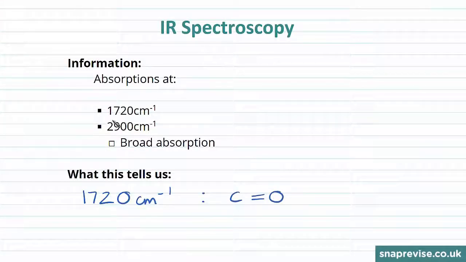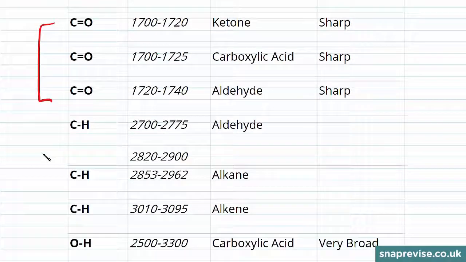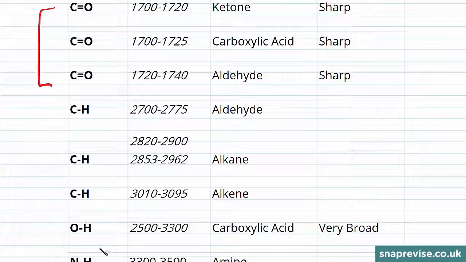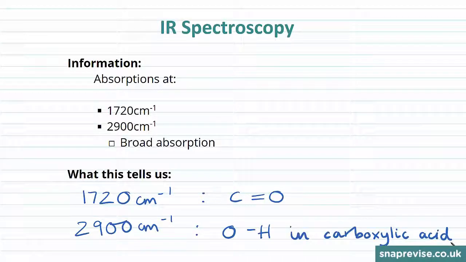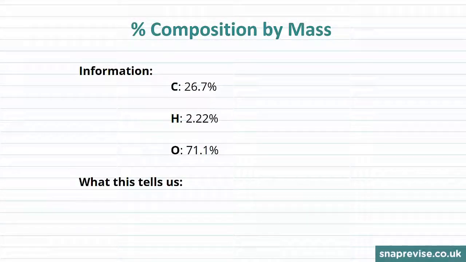The broad absorption at 2,900 centimetres to the minus 1 is likely due to our bond between the oxygen and the hydrogen atom in our carboxylic acid. This one over here. So again, we can go ahead and write that in. So far we know that our unknown compound contains a carbonyl group as well as a hydroxyl group found in our carboxylic acids. If we move on to have a look at our percentage composition by mass, we know that